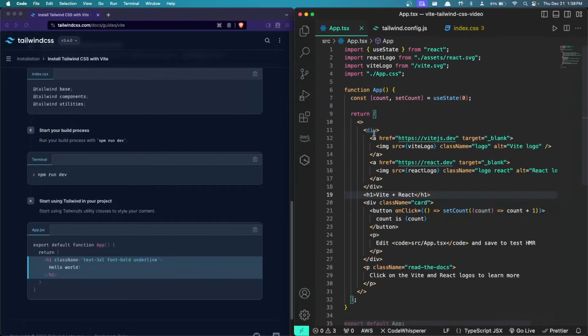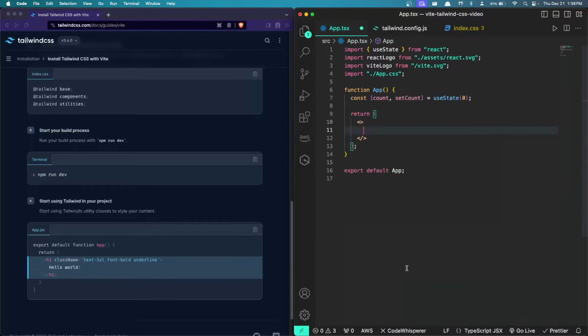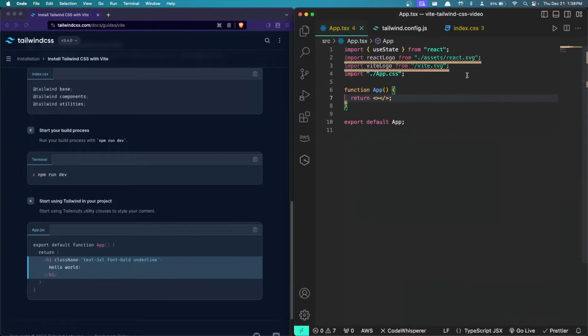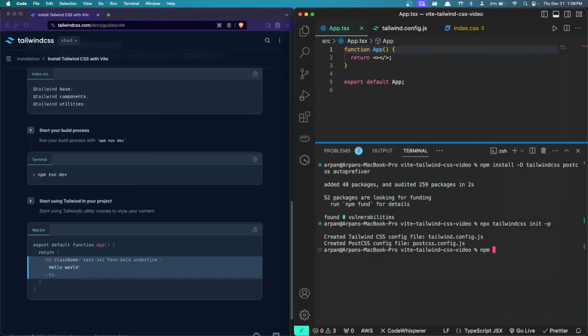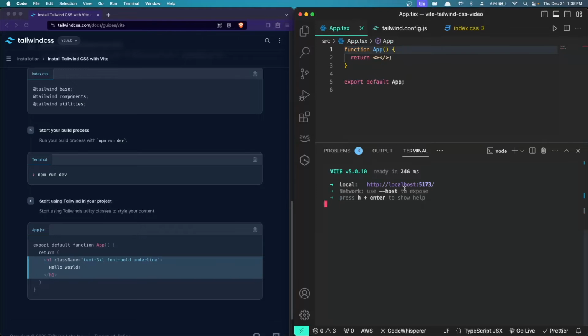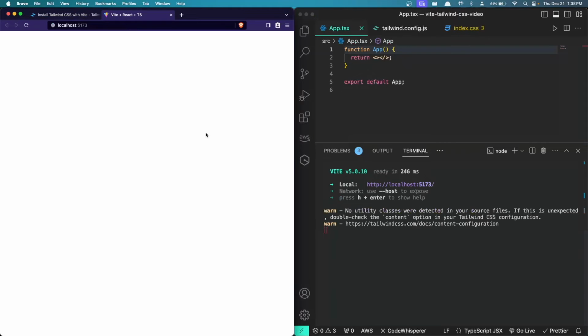And I'm just going to remove all of this first, as well as these variables and this. And we're just going to run it. So if we do npm run dev, it will start up the development server on localhost at port 5173. So I'll just access this link, and you can see that we have a blank page because we don't have